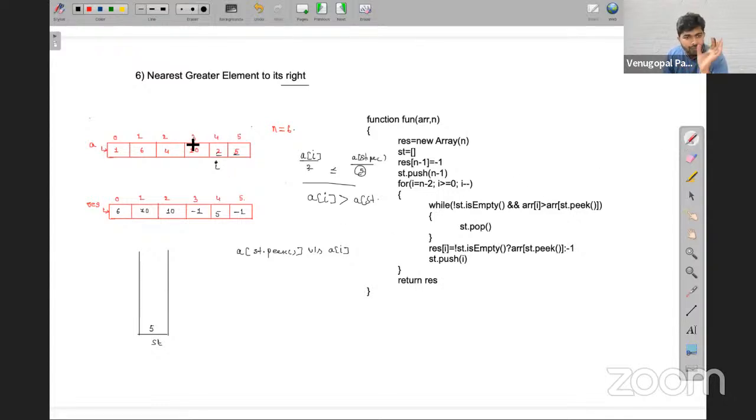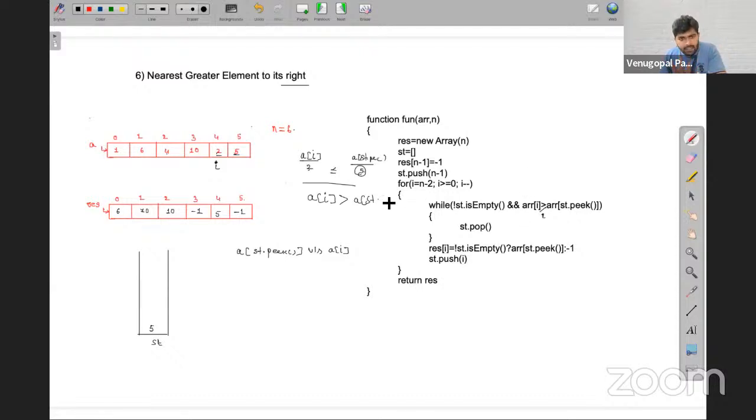For example, if here 4 is there, then the answer will become 4. Or in case they mention in the question that there are no duplicates, you take this code. If duplicates are there, then you can keep less than or equal to also. That is problem to problem, it will vary. In case the question specifically mentions it, then take care about the code. Only thing is one symbol will be added, that's it. Rest everything will remain same.